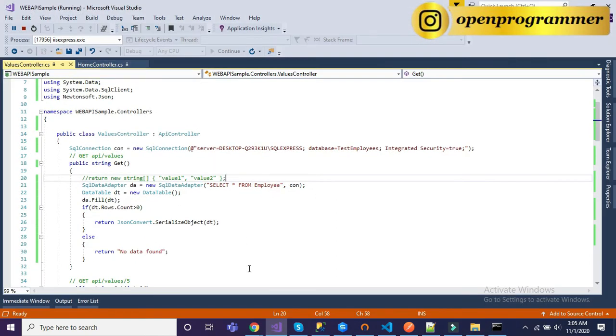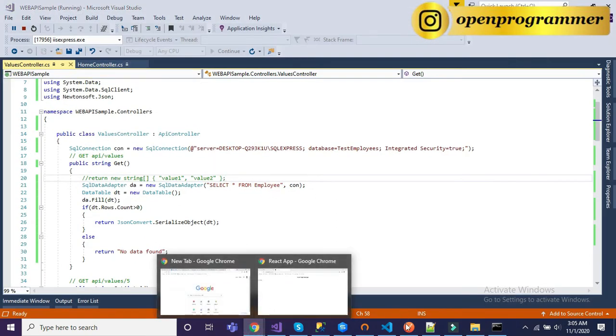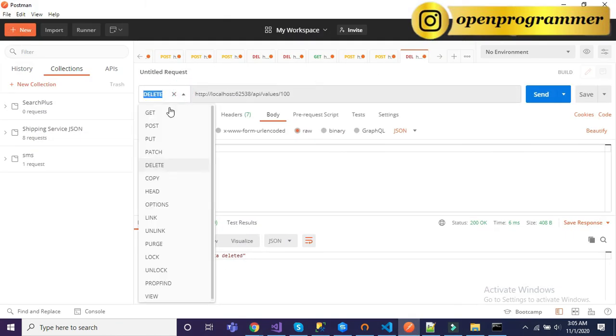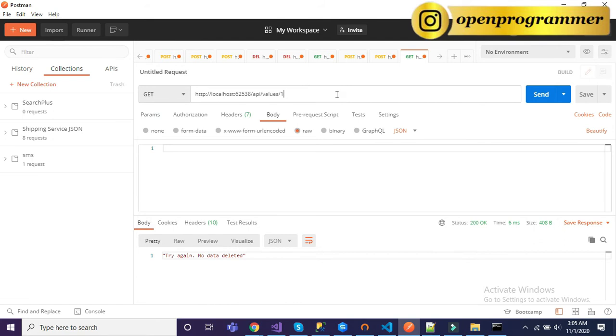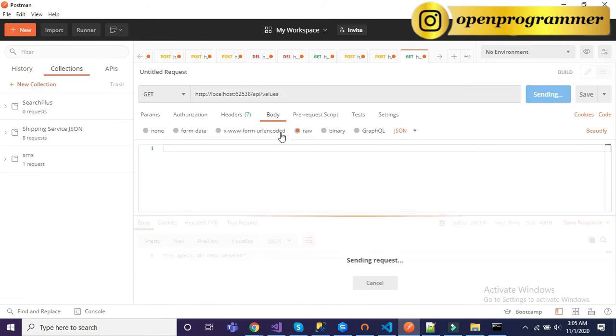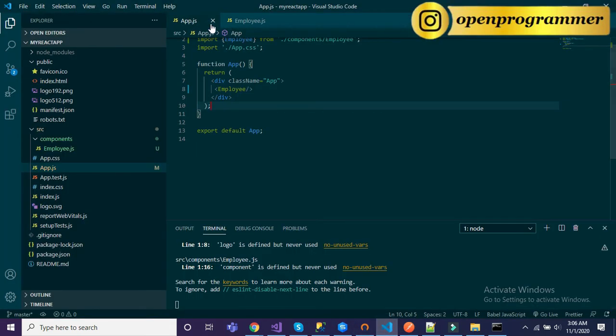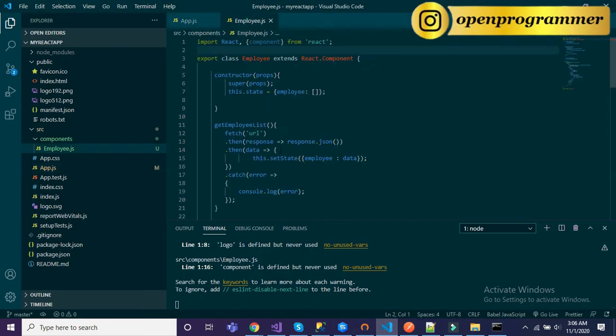Now let's run this. Our API is already running. Let me go to Postman and get some records. Yes, the API is giving us records. Now let me copy this URL, go back to VS Code, employee.js, and just change this URL to that.